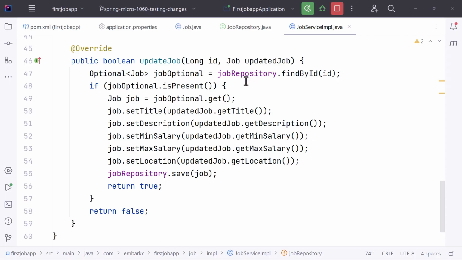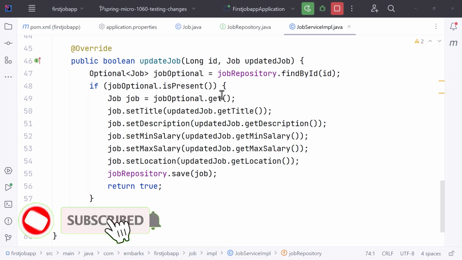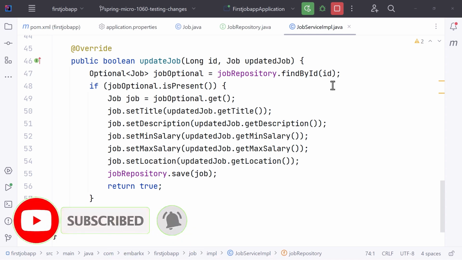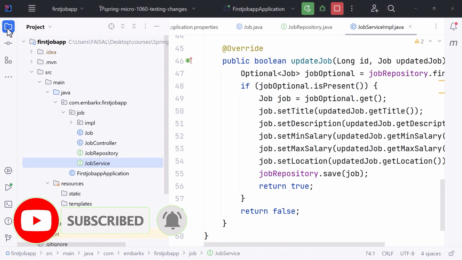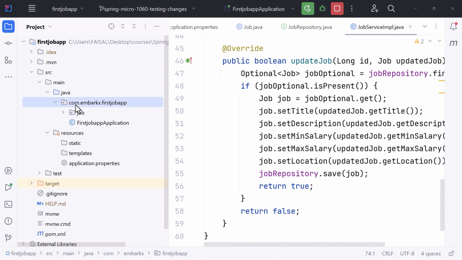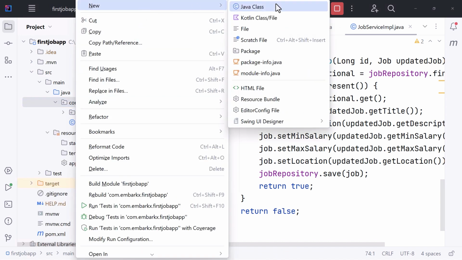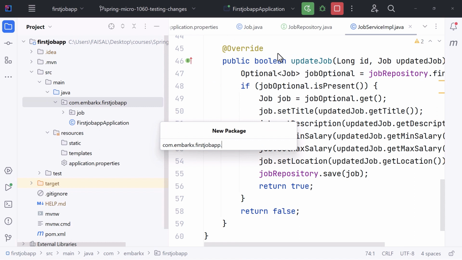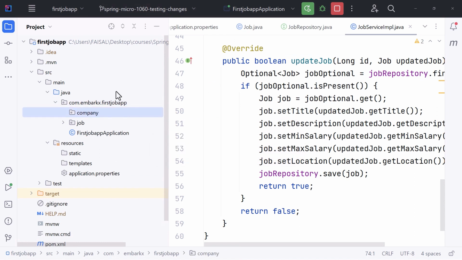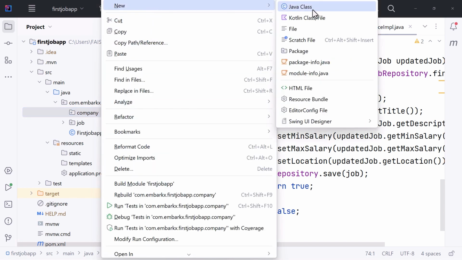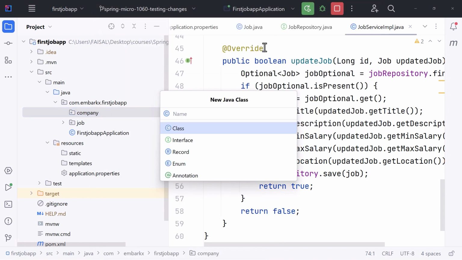So let us start working on companies and let us start setting up the controller, service and repository layer for company. So what I'm going to do is I'm going to create a new folder here, or a package. I'm going to call this company, like so. And within this package, I'm going to have first company controller